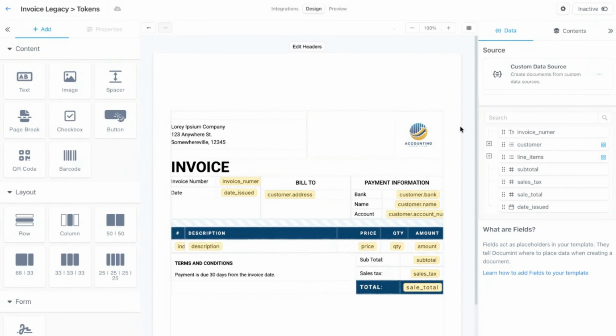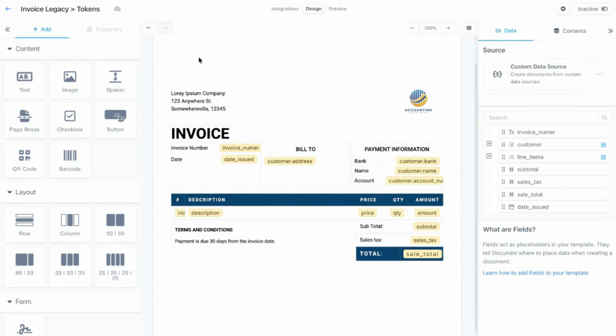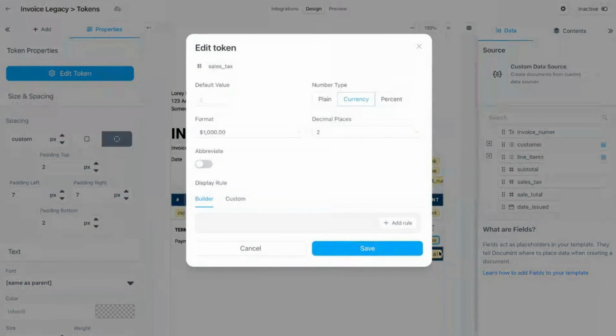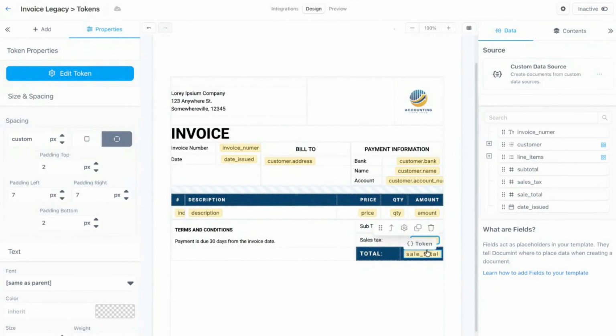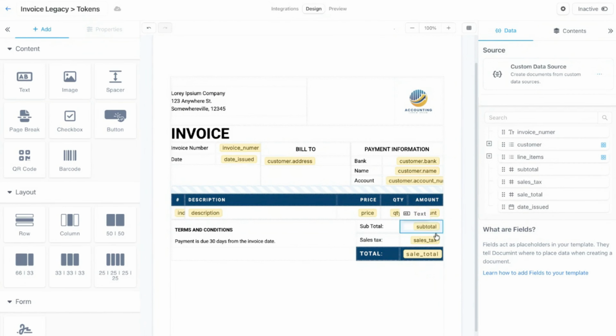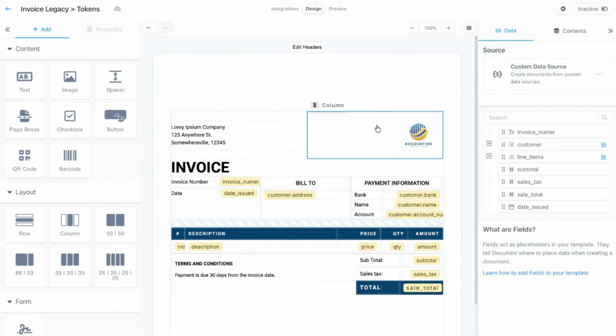The nice thing about the token system is that you no longer need to type a formatting or see how you can format a date or a number. You can just double click it and set up just as you need. You can also add display rules to it, so it displays depending on a condition. So this is for the custom data source. So if it's not an Airtable connection, any other connection you have with document, this would be the way to go. And now let's go through quickly